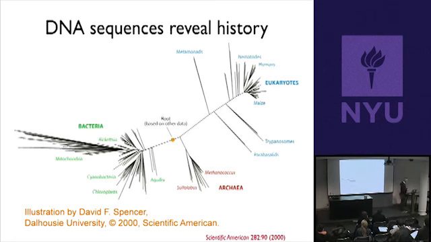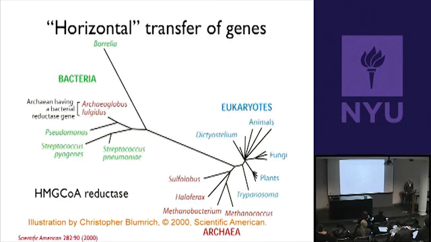So this is what the tree looks like if you use that ribosomal RNA gene, okay? But if you use other genes, what's interesting is you don't get the same exact picture. Here's an example that also comes from this article. And this is the gene for HMG-CoA reductase. Don't worry about what that is. It's an enzyme that's part of what organisms use to make cholesterol, okay? And so if you do the same thing you did for the ribosomal RNA, but you use this gene instead, you get most of the relationships you would expect to get.